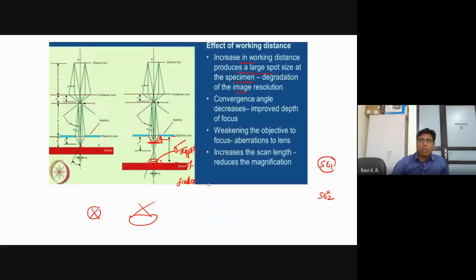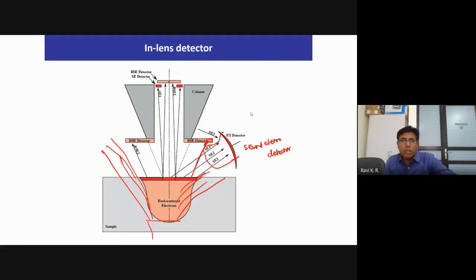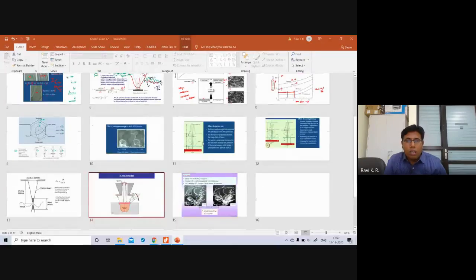So this is the role of convergence angles we were discussing. We already discussed the depth of field. Okay, in-lens detector. It's fine. I think this is what it is all about conventional micro